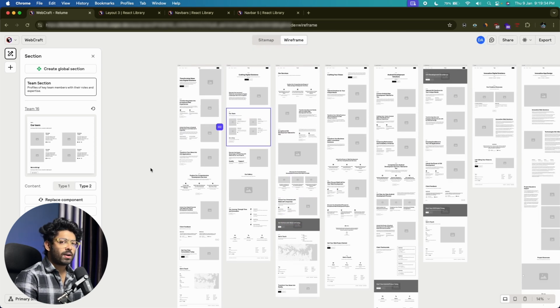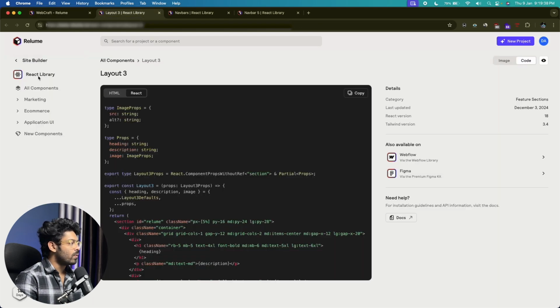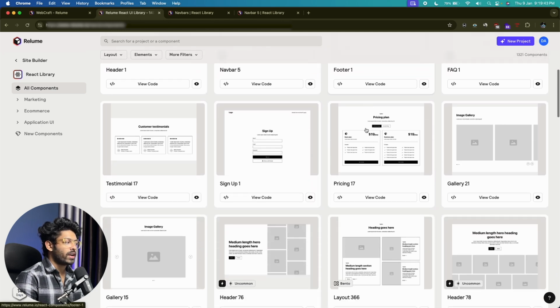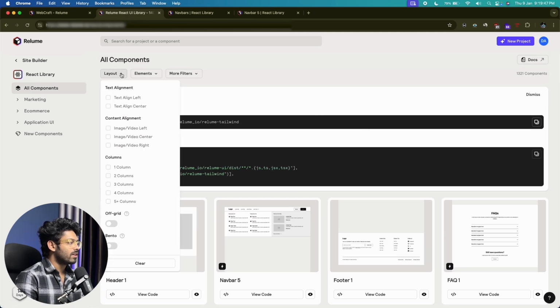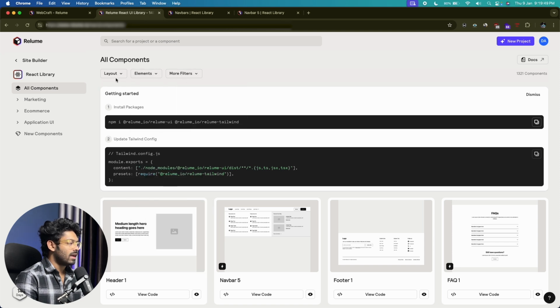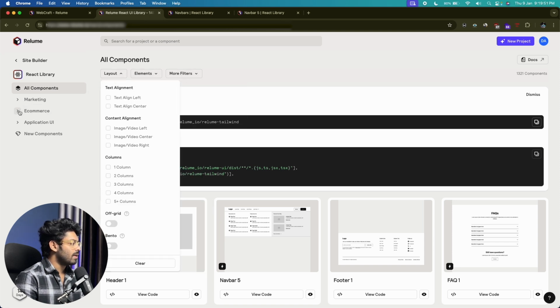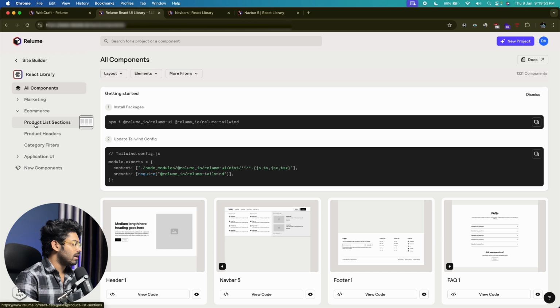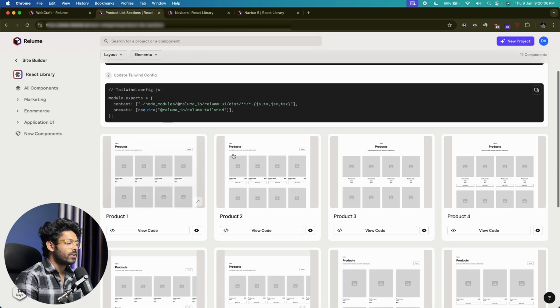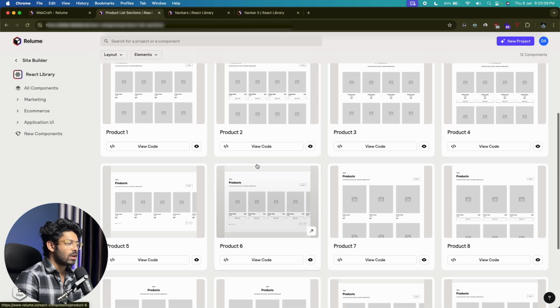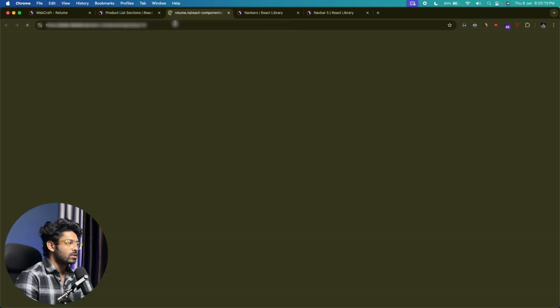And if you want to view the complete list of all components that you can possibly use, all you gotta do is head over to this React library, click on this all components section, and you'll be able to find all of that in here. And you can also filter it by category. For example, you can filter it by layout, elements, and so on. For example, let's say I'm into e-commerce and I want, let's say, product list sections. I can click on this option and this will now show me all the different product list sections that I can use. For example, if I want to use this one, I can click on this one